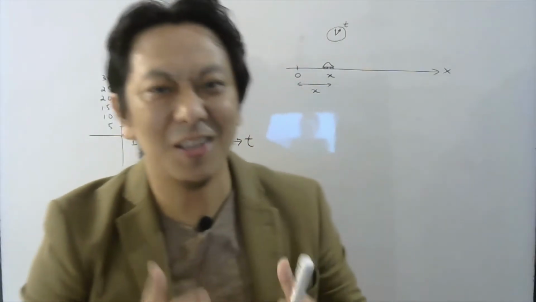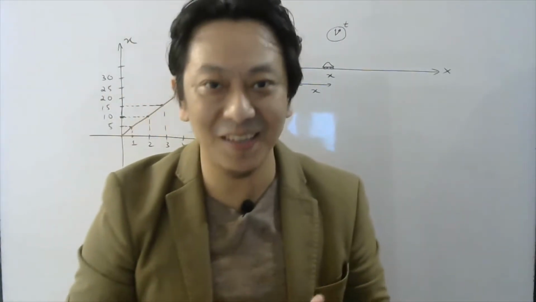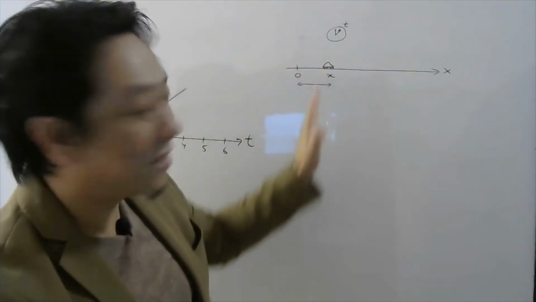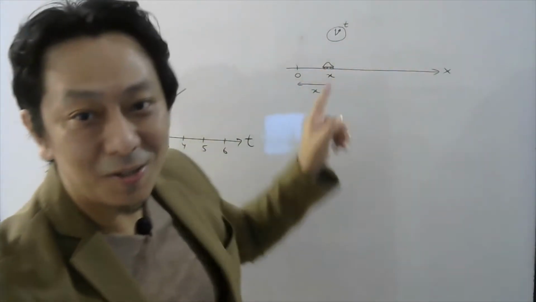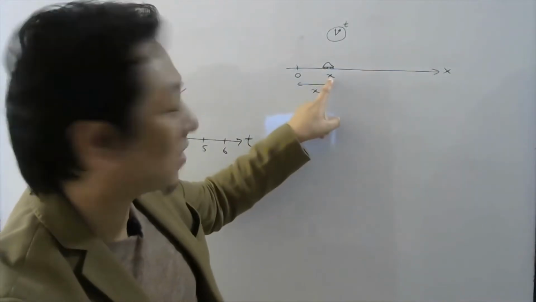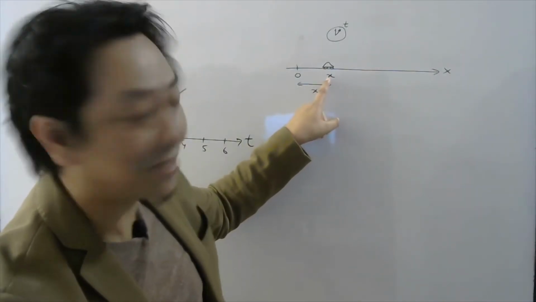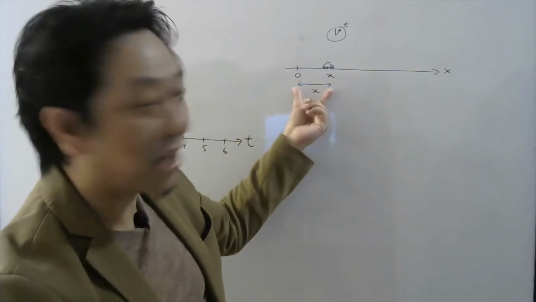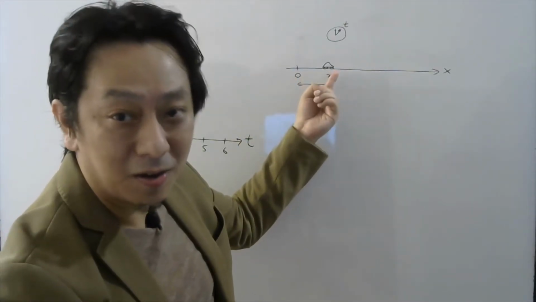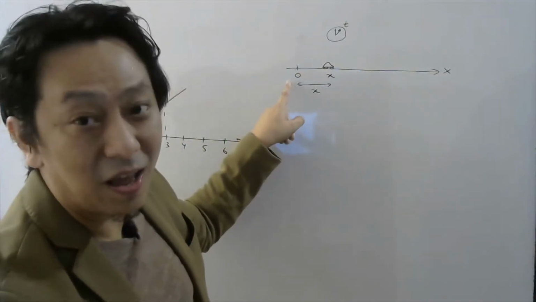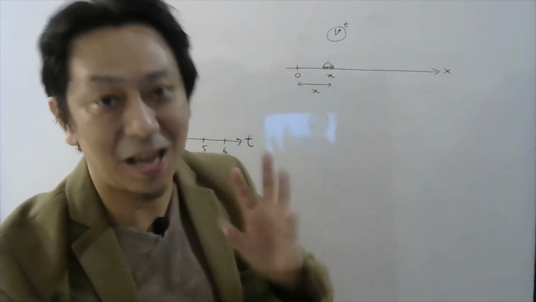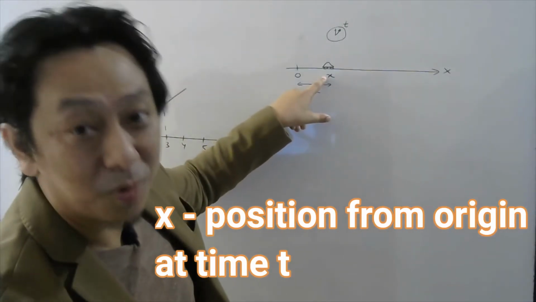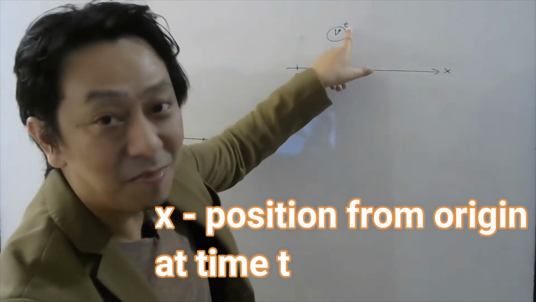Now, run rate is not so much discussed in physics, right? So in physics, you will have problems like there is a car and the car is moving, and this picture shows the position of the car, which I am writing as x with respect to some origin. So this x represents how far the car is from the origin, and this t represents the time. So basically I am trying to show you that x is the position of the car at time t.